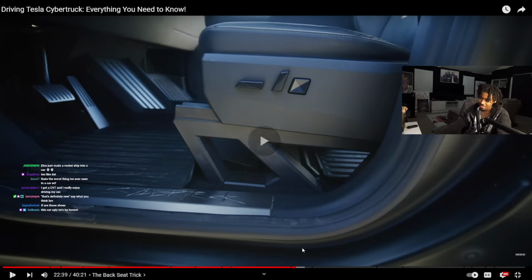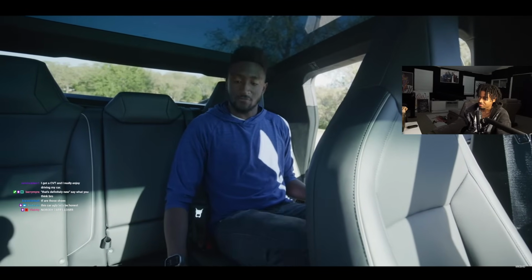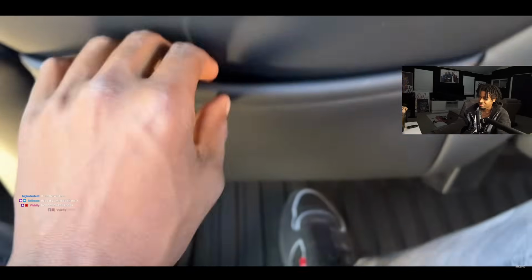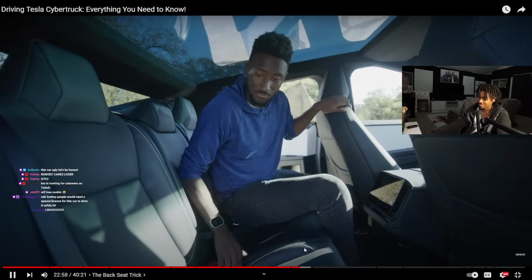So, either side, totally fine. Middle, not the best legroom ever, but still a totally great back seat. Got another screen back here that I'll show you in a second. There's a little bit of seat back storage. Oh, check this out. There's a little trick to the back seat, just for storage. Although you already have a front trunk and a rear trunk, if you want even more covered storage...